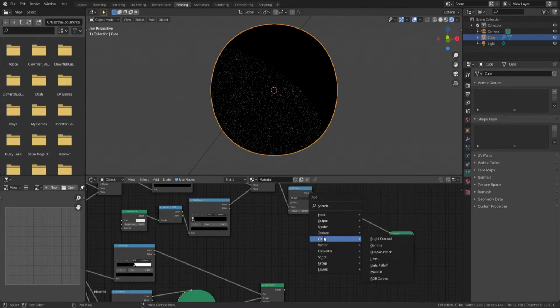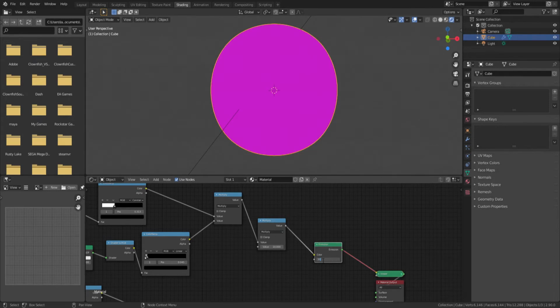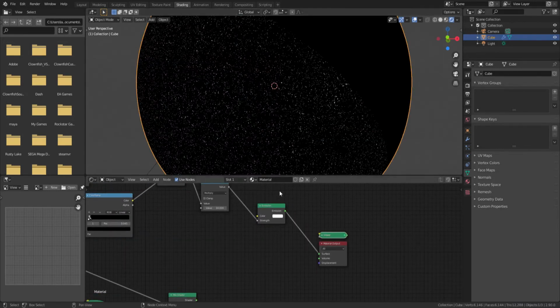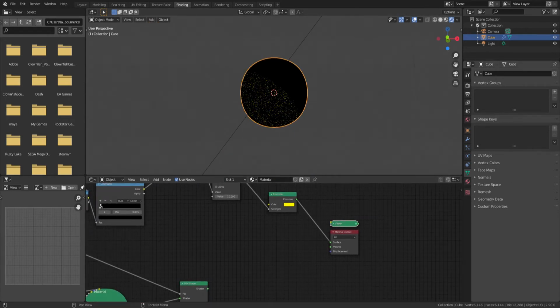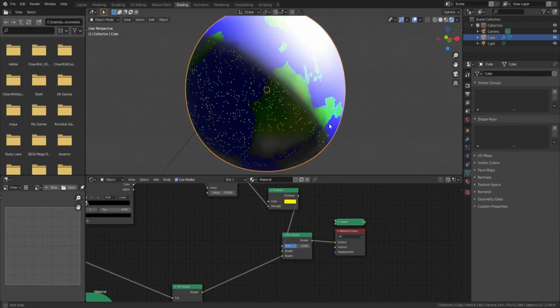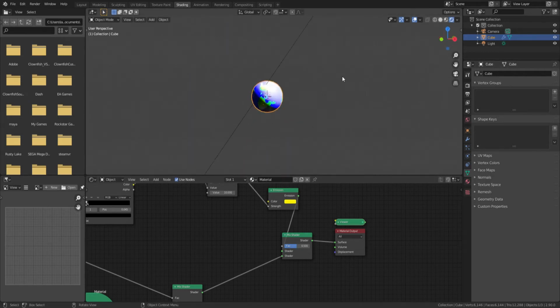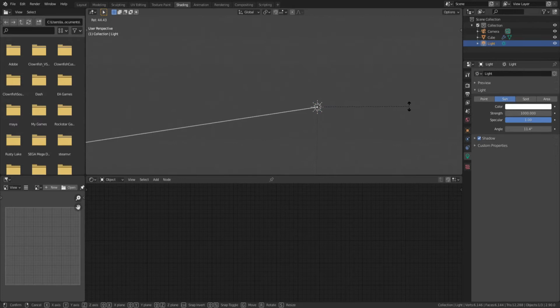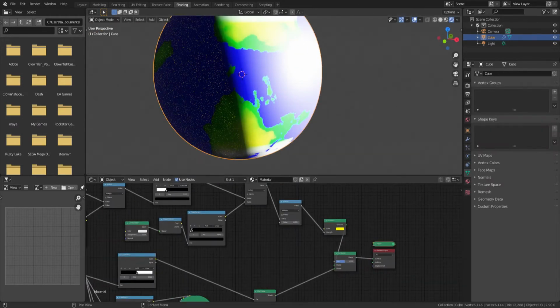Fantastic. From that point, we're going to add an emission shader. Go ahead and add that in. Nope, not right there. Okay, there we go. Make that yellow, and there you go. You've got some yellow lights on one side, and the other side is completely black. So throw that into the shader, and voila, you've got that. Now we can adjust it a little bit on the color ramp. First, adjust the sun, and then we can go into the color ramp. And I think we can just